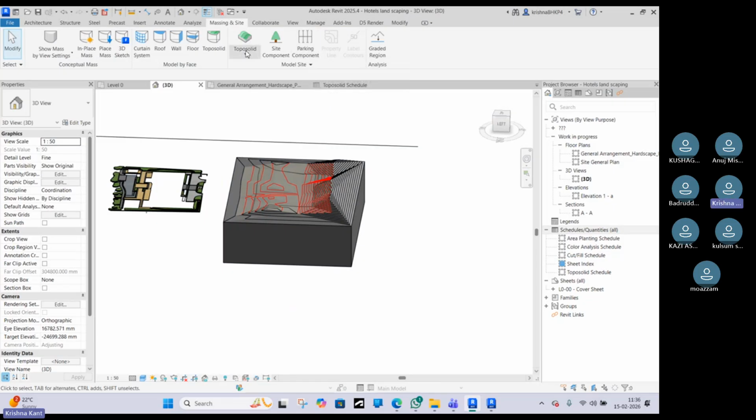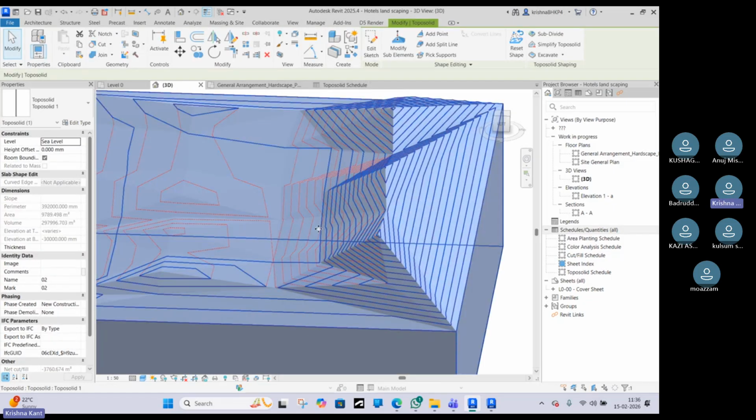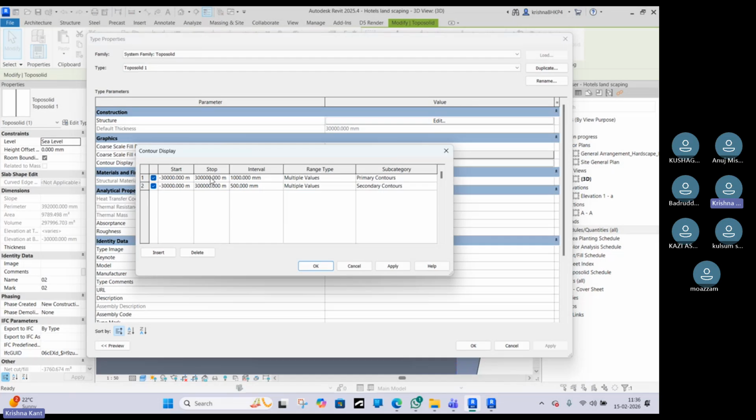Now, this is the topo solid. Topo solid is showing contour line as well, right? How the contour lines are working? In the contour display option, you will find two contour lines are shown. One on the 500 mm, that is the secondary contour, and one on the 1 meter, that is the primary contour. Okay,